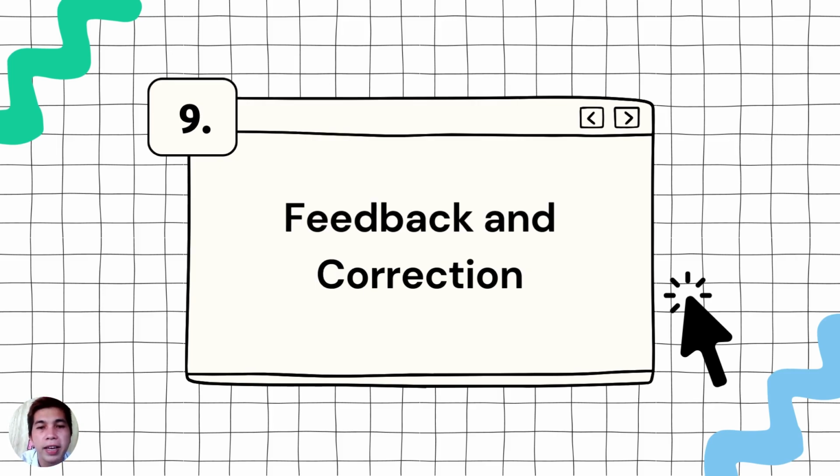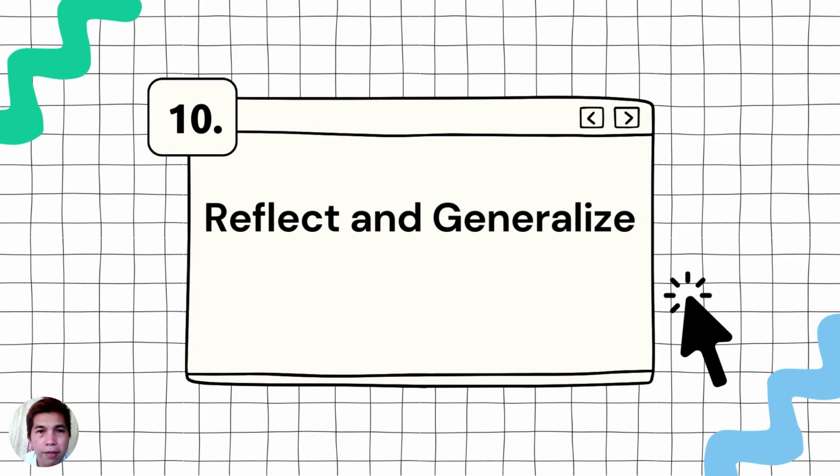Number nine, feedback and corrections. This is very important. Provide constructive feedback on students' language used within the generative situation. Correct errors and encourage them to refine their language skills continuously. Number 10, reflection and generalization. Reflect and